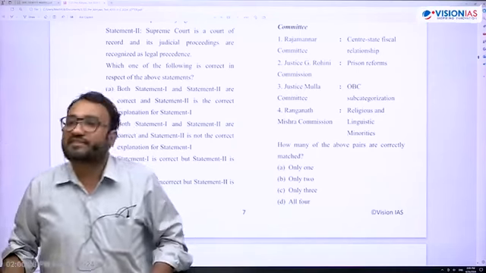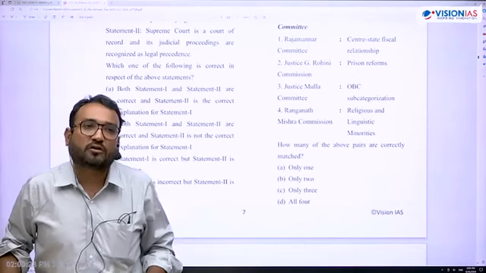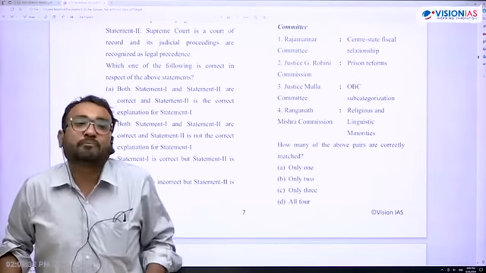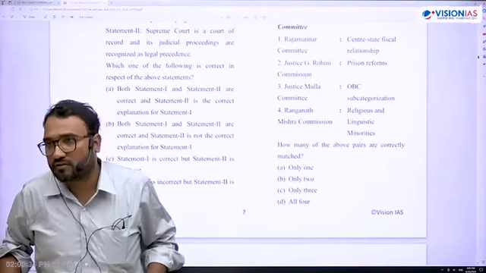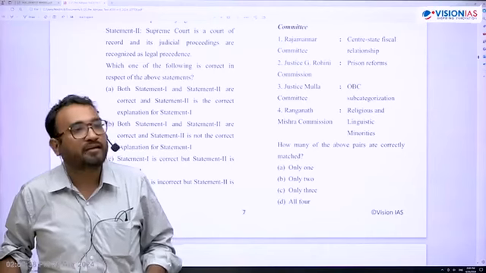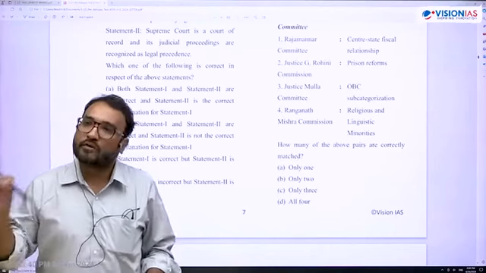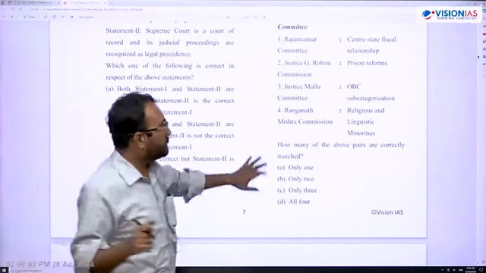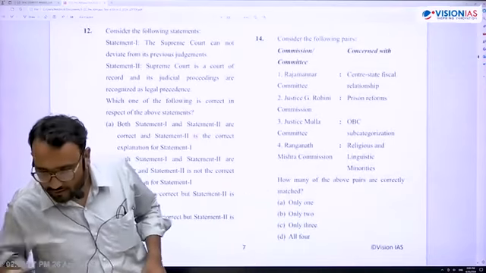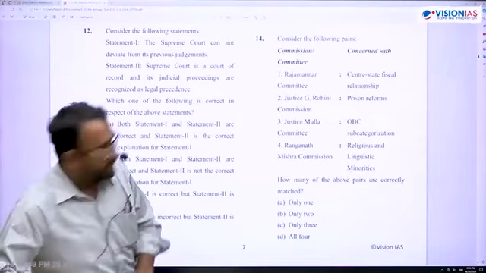The second big difference, which most scholars agree on between a commission and a committee: a committee may or may not have inquiry or investigative powers, but a commission always has powers of inquiry and investigation. So inquiry is one of the mandates of a commission. Okay, I'll not go much into it. So we'll settle for B. 14B, I'm again running short of time. So next we have 15.